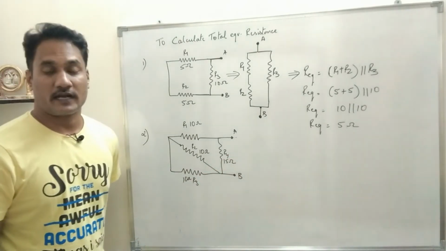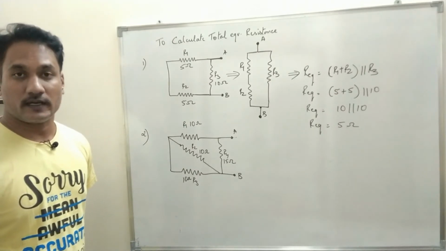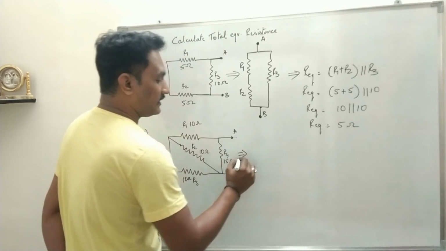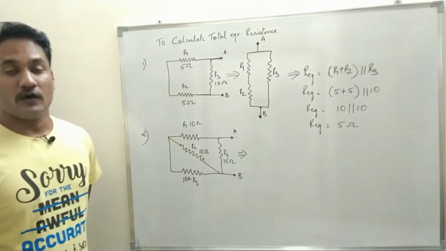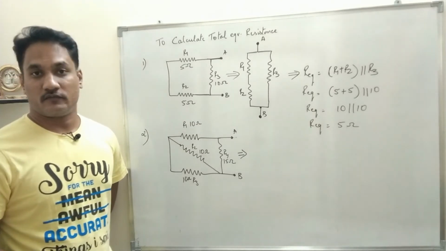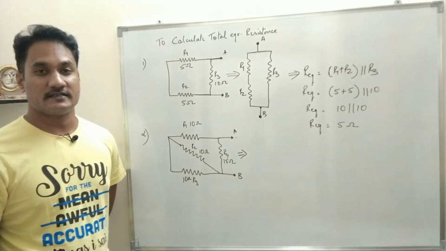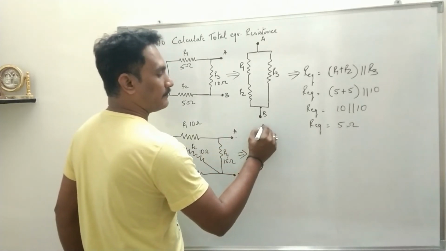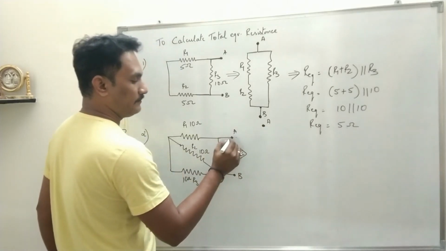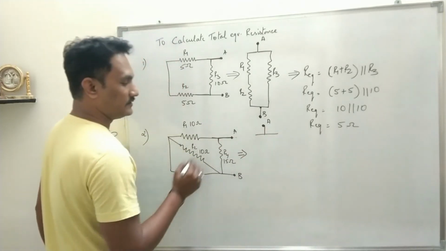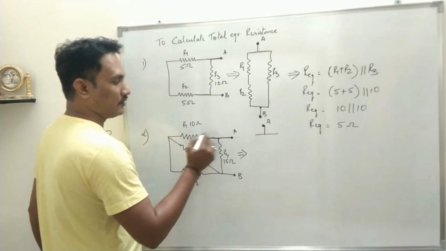So let us now try to calculate the total equivalent resistance of this circuit. As I said, it is very difficult from the circuit to identify whether the resistances are connected in series or parallel, or what type of combinations they are connected in. So you always start with A. So I start with A. Again, at this point there is a division. I will draw the division. On the first arm you have R1.